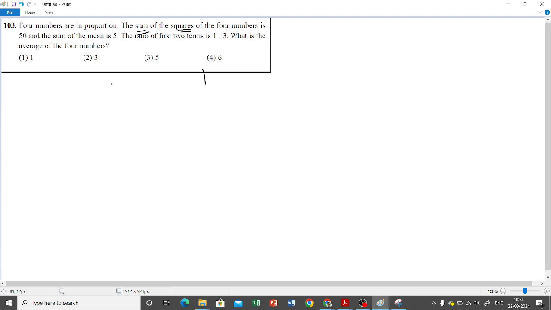স্যার আমি বলবো আমি কি মোটামুটি একটা ভেবেছিলাম। বলো, বলো। স্যার দেখুন এখানে যেমন বলে দিয়েছে ফার্স্ট দুটো নাম্বার 1:3 রেশিওতে আছে, ঠিক আছে? তো আমি নাম্বারগুলোকে 1 আর 3 ধরে নিয়েছিলাম। তারপর বলেছিল যে মিনস এর সামটা হচ্ছে 5। তো তার মানে সেকেন্ড নাম্বার আর থার্ড নাম্বারটা মিলিয়ে 5 হওয়া উচিত। এবার যদি সেকেন্ড নাম্বারটা 3 হয়, তার সাথে 2 অ্যাড করলে তবেই 5টা হবে, তাই আমি থার্ড নাম্বারটাকে 2 ধরলাম।